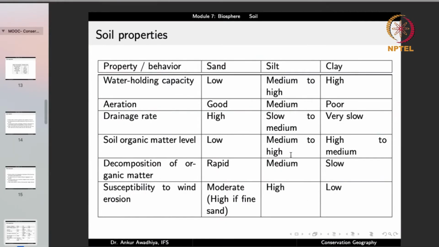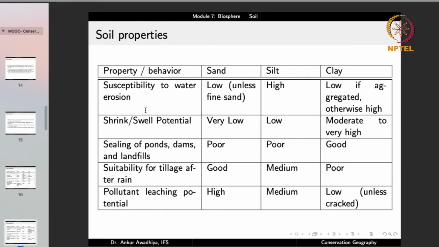In the case of silt, there is a high susceptibility to wind erosion because it has particles of different sizes. So, if you have winds of any speed, there will be some particle that can very easily get eroded. In the case of clay, it has a low susceptibility to wind erosion, even though it has very fine particles. Why? Because it has a high amount of water holding capacity, so the soil is mostly wet. Not only is it wet, but it is also high in soil organic matter, which acts as a binding agent and keeps the soil together. And so the susceptibility to wind erosion is low.